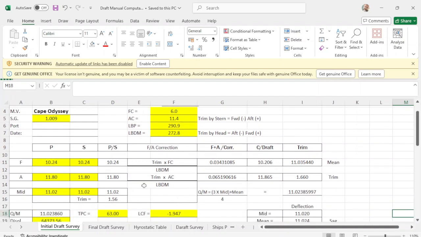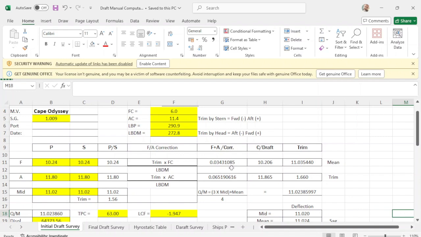Firstly, you have to take out your draft forward, up, and mid. So for example, this is your draft forward, up draft, and mid draft, and of course you get the mean draft because this is port and starboard. Then you have to correct your forward draft. This is the formula for getting the forward correction, and this is the value. With your updraft, you have to correct your updraft, and this is the correction.